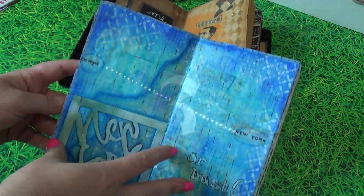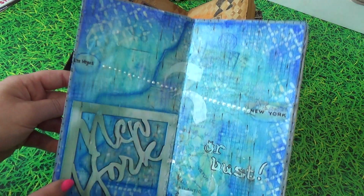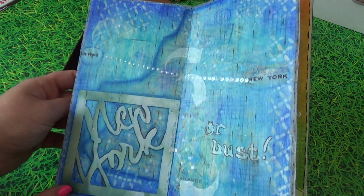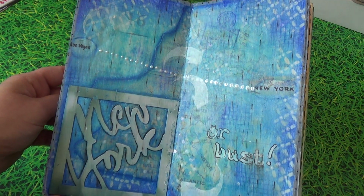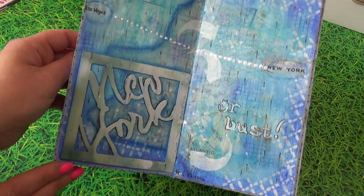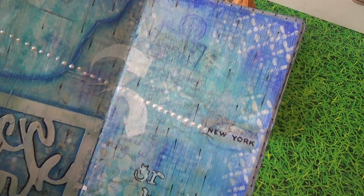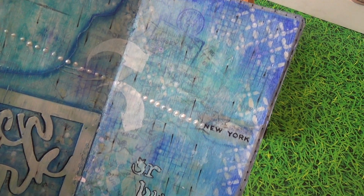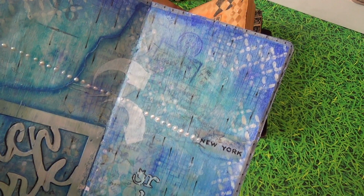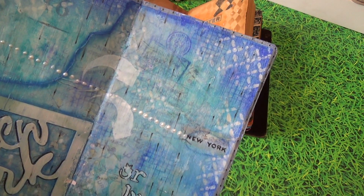All right, so this was New York, and I don't know what I was thinking. I was like, yes, I can cut out the shape of New York straight from my head without looking at anything. Apparently, I need to go back to school really quick because that is not what New York looks like. But some of the advantages is I was playing with different techniques and whatnot, and I love how little things like, oh, I like how that turned out. I love